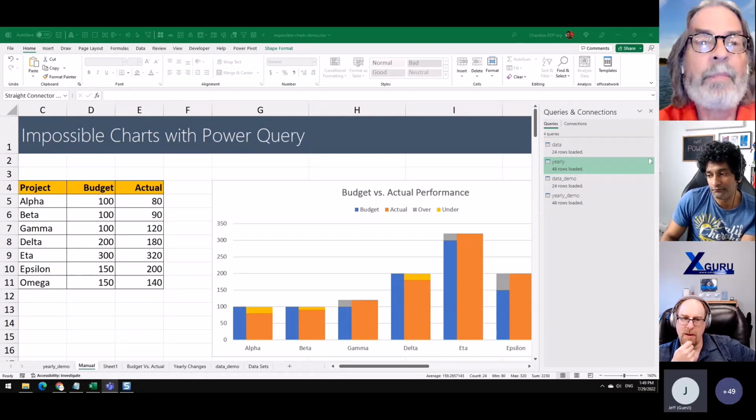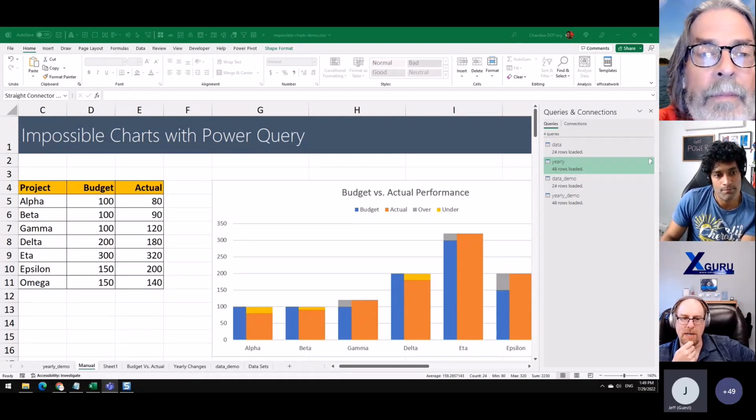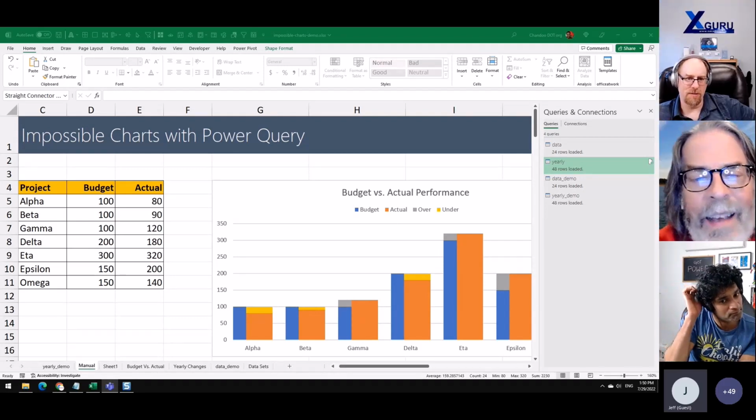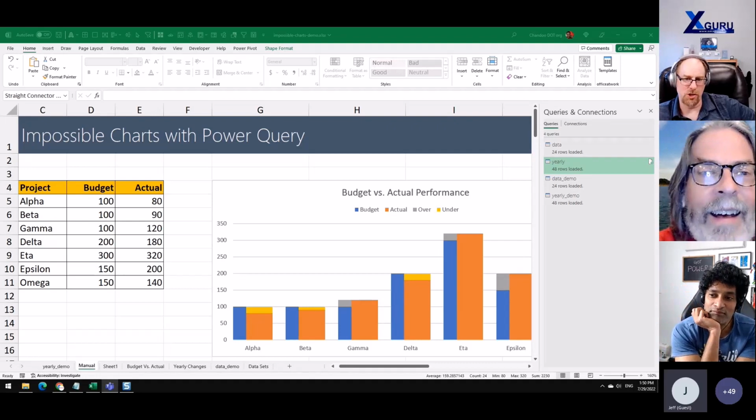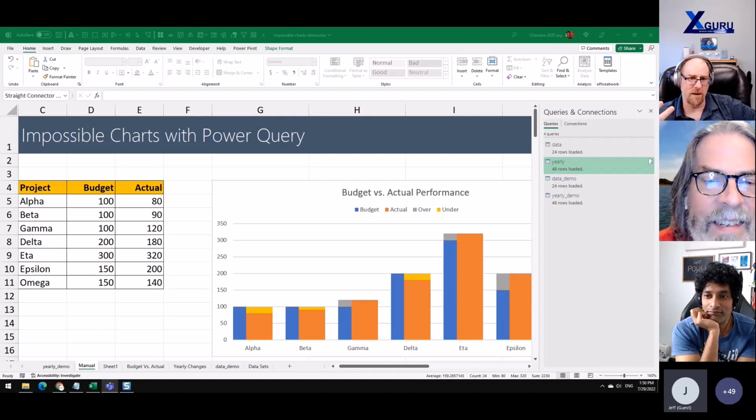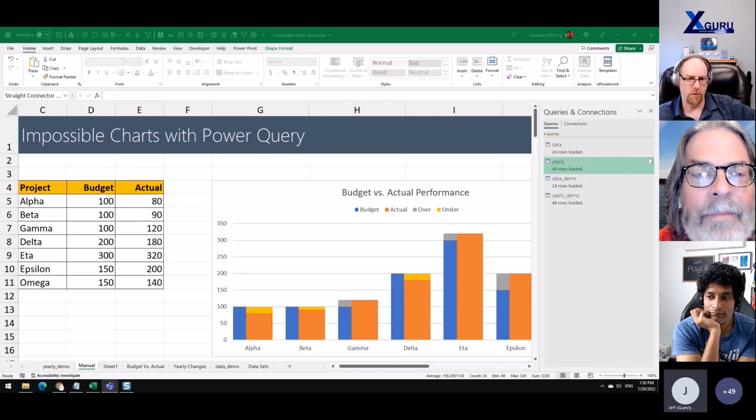And I think I need to do that. I think it's fair to say, though, that they're impossible charts for normal humans, right? The reality here is that this is complicated stuff that you're doing, and building a chart like this is not something that you just knock off out of the box and hit the insert button. You've got to work at this, and it takes a level of understanding around just, you know, what does a blank row do? What does a blank cell do?